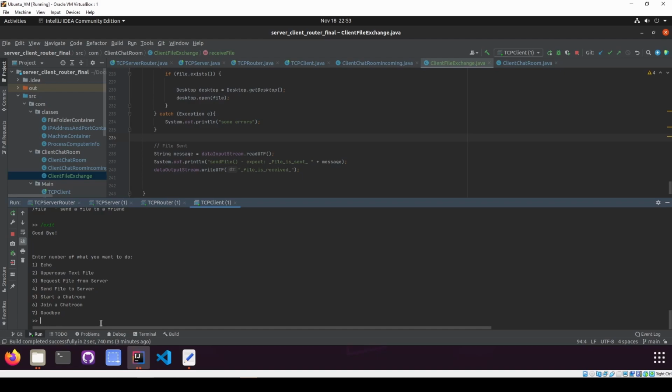But this has been the second part of the project. Let me know what you think of it. I had a lot of fun doing this. This was definitely a lot of work, especially trying to make sure that they're communicating well back and forth between each other. It was really hard sometimes to debug because